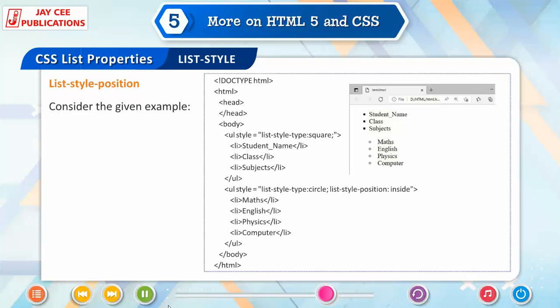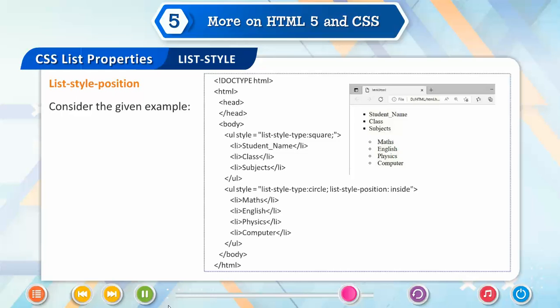Open doctype HTML, open HTML, open head, close head, open body. In angular brackets, UL style is equal to list-style-type: square; in double quotes, close angular bracket. Open li, student_name, close li, open li, class, close li, open li, subjects, close li, close ul.